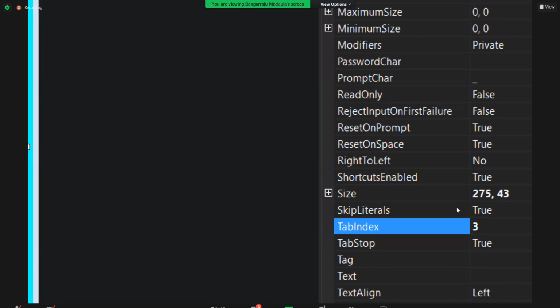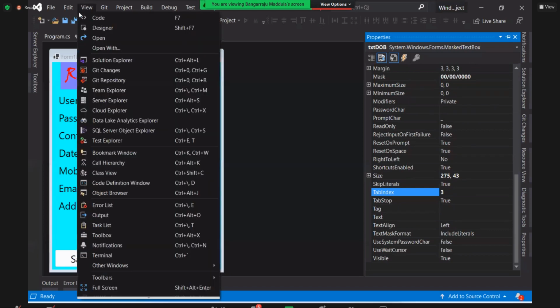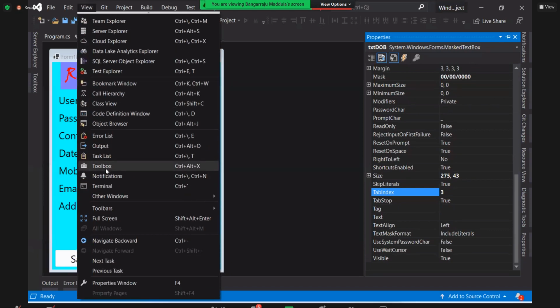Correct? So set it. How do you set? Go to every control property and start setting it. But if I do like that, I can set it, guys. But see, understand the problem. What is the problem? Tomorrow, if 100 controls are there, going to each control property and setting the tab index, after setting it again, you need to reposition the controls. Again, changing all becomes a lengthy process. To simplify that, if you go to the view menu, you'll be finding an option in this called as